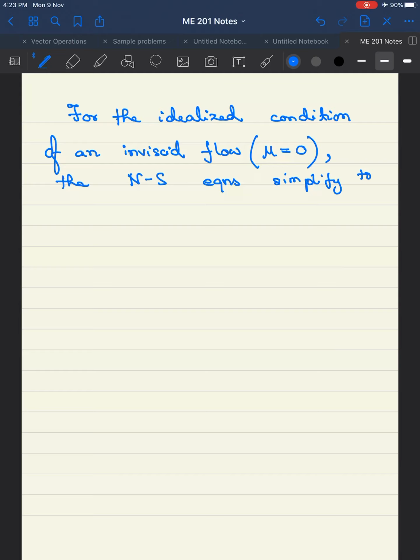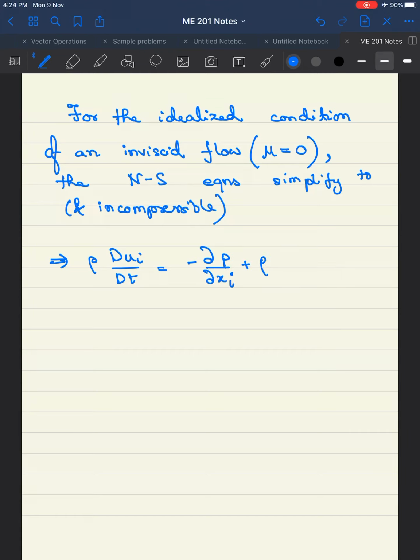And obviously the other condition is incompressibility, so I'm just going to write it in brackets. Then we simplify it to rho dui/dt = -∂p/∂xi + rho f, or in vector form the same thing will become,